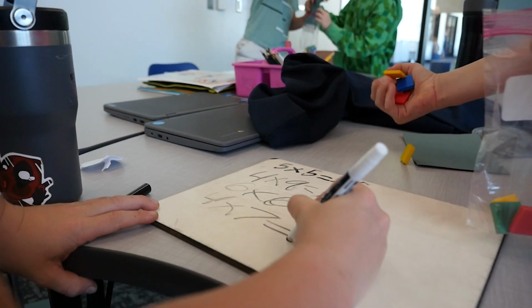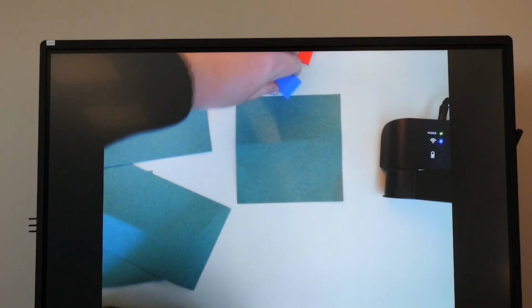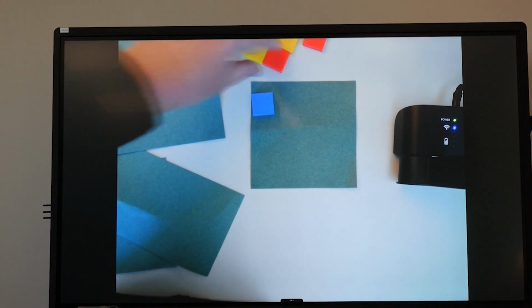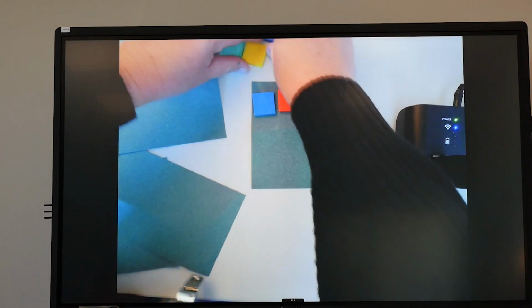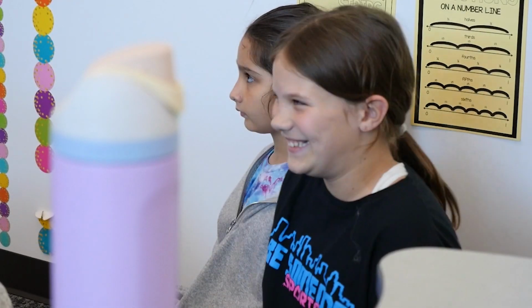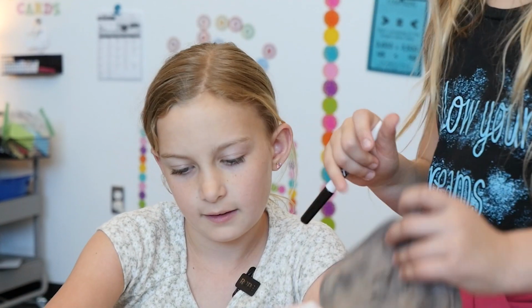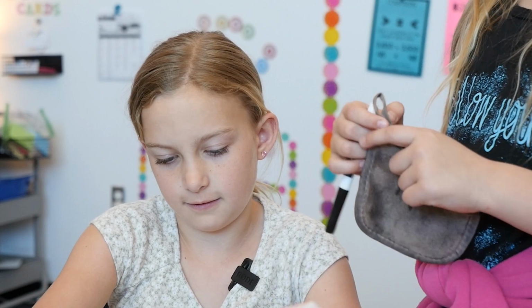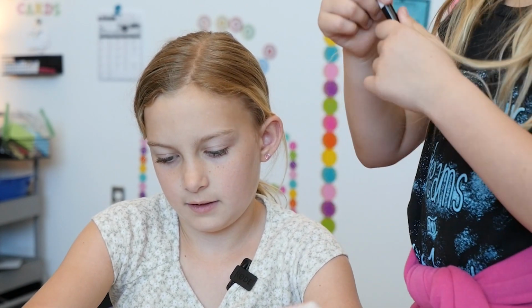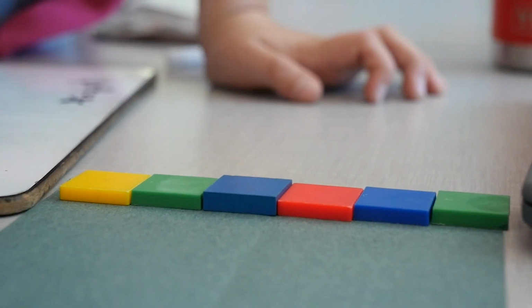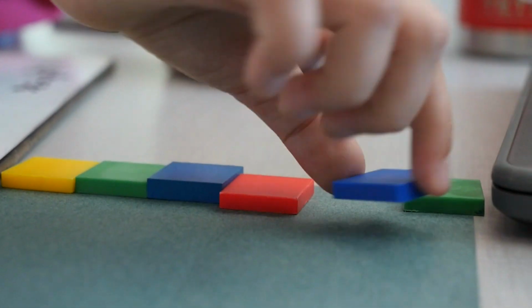So I had them kind of explore, like, oh, this is kind of like multiplication. This kind of looks like an array. And you're like, actually, that's area. It looks like an array, but we're using a little bit of a different term. 4 by 5. You know what we just did? 6. Yes. So here. All right, 6 by 7.